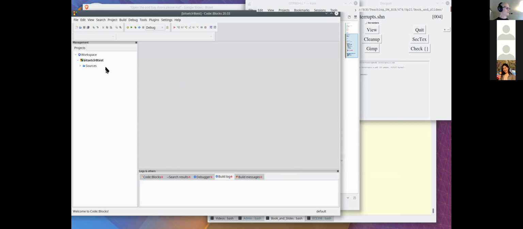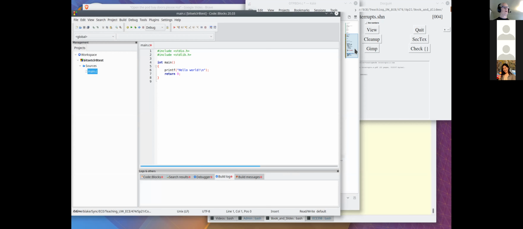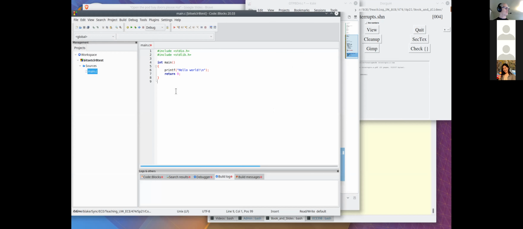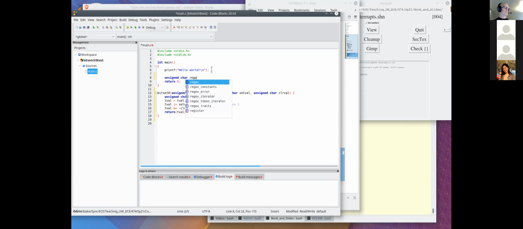Mine looks a little different because it's the Linux version, but it's pretty much the same. So now we're going to copy this from my random text editor into our code blocks, and then we're going to make some variables. And what should we set it equal to? Well, let's use hex because we're thinking about bits. And let's set it to